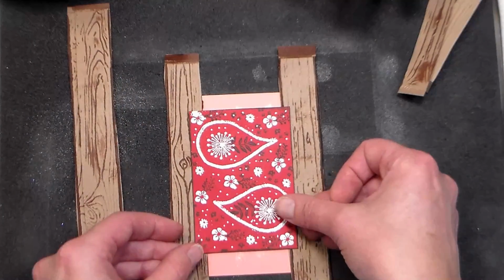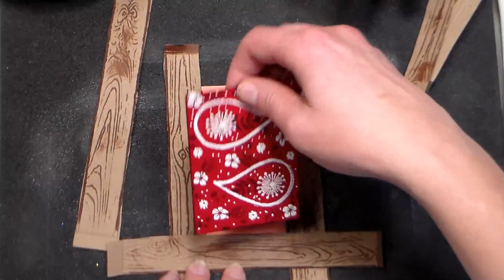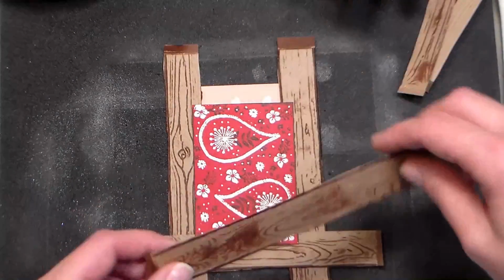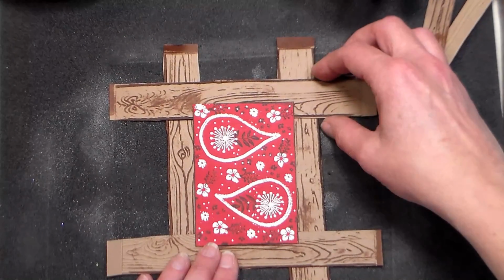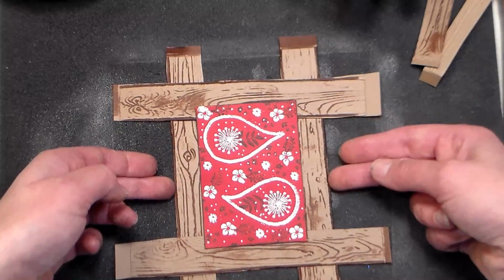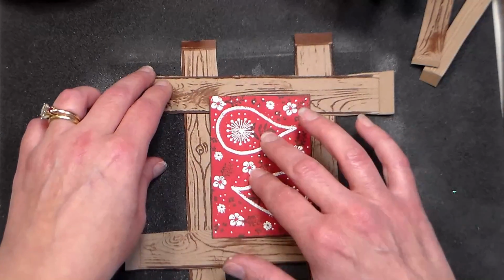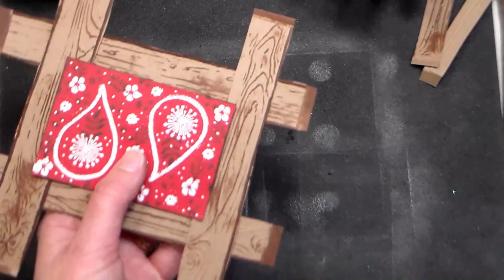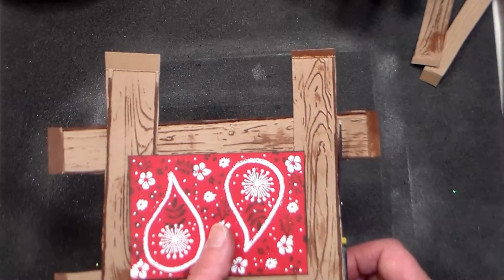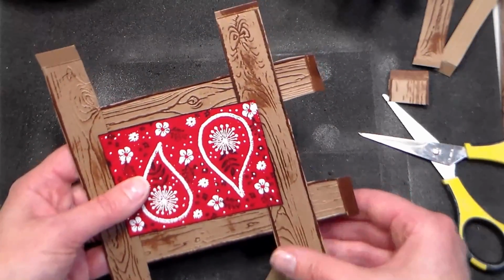And then I just bring that back and set it down, and then I figure out about how I want these to go, how big I want it, and get an idea. Now when I'm happy with how much of a border I have, and everything looks pretty square, I will just gently tap that to tack it down. Remember, I put some adhesive, but it wasn't really strong adhesive, and I'm just gently tacking it down. And what I'm going to do is go over and trim the long ends, because that's what I'm going to be measuring against. That one got a little crooked, so